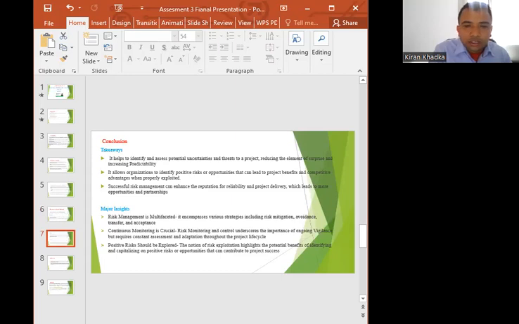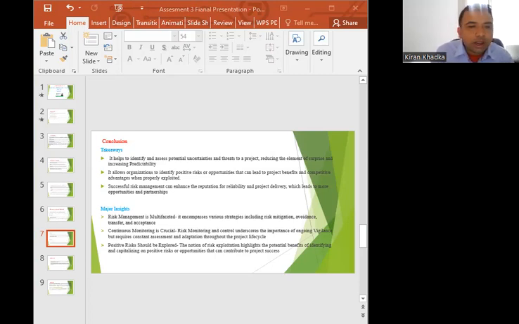Conclusion. In conclusion, project risk management is the cornerstone of successful project delivery. By understanding what it involves, recognizing its key purpose, and having a toolbox of risk response strategies at our disposal, we can navigate the turbulent waters of project management with confidence. In this presentation, we have learned that project risk management is not about avoiding the risks entirely, but about making informed decisions to minimize the impact on our projects.